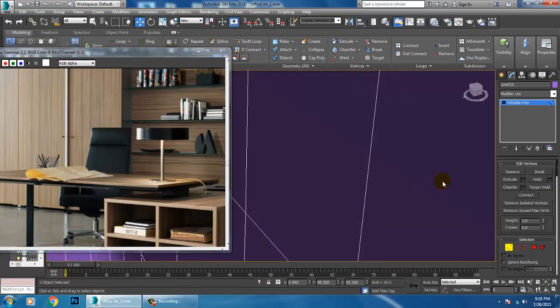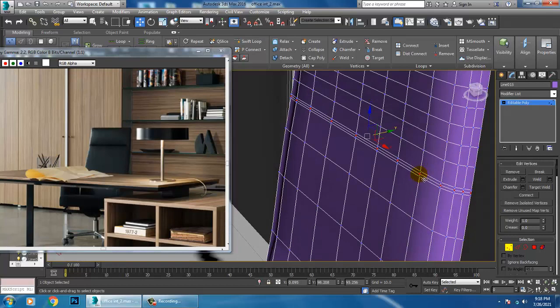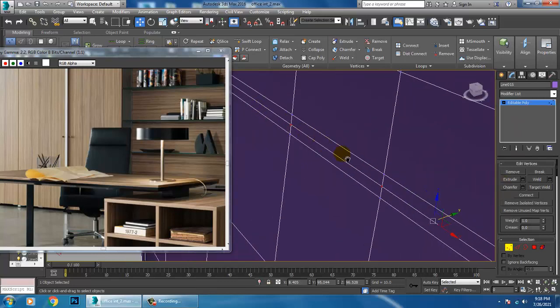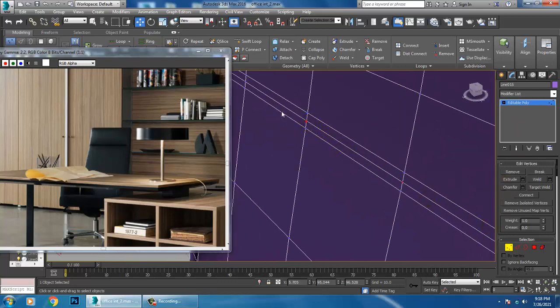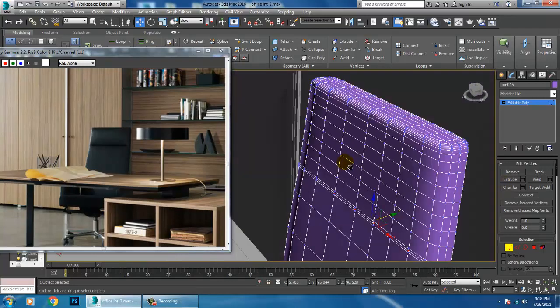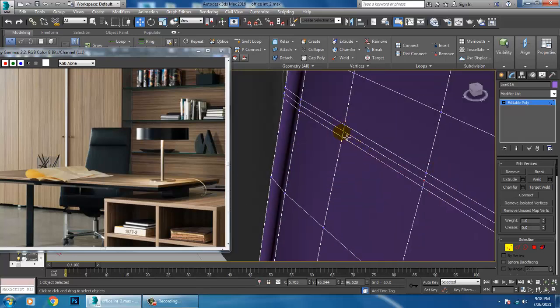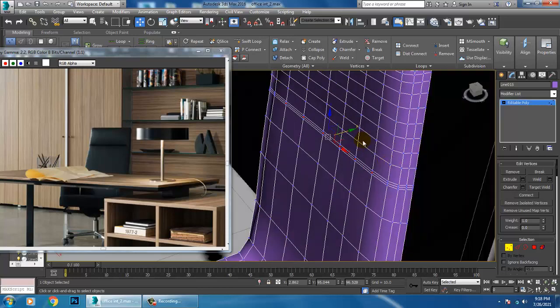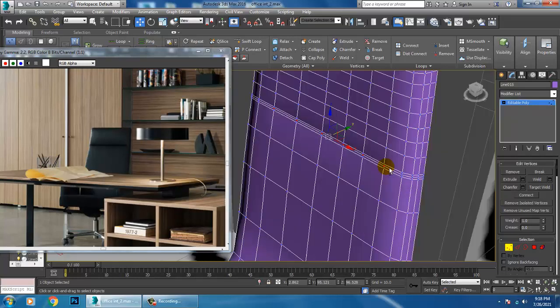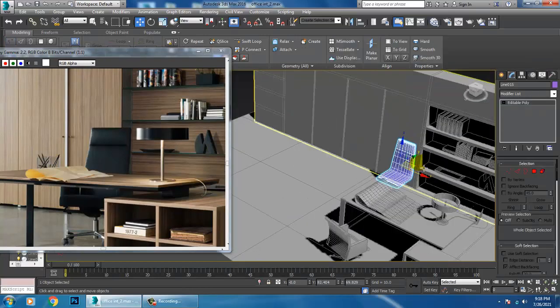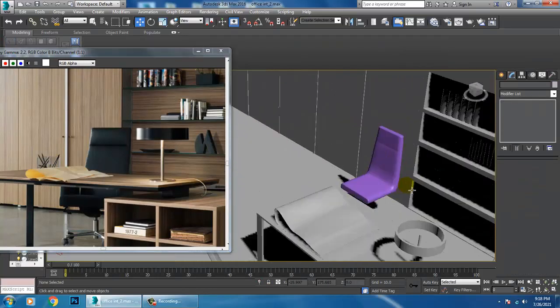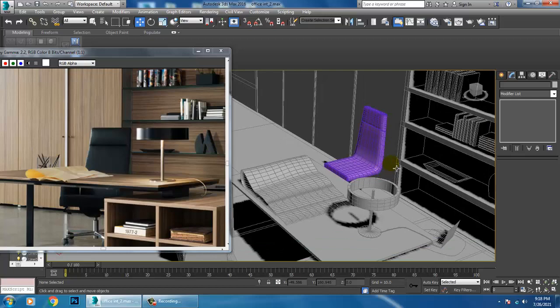Slightly select these vertices, and if you want to shuffle it inside, we can shuffle that a bit inside over here.